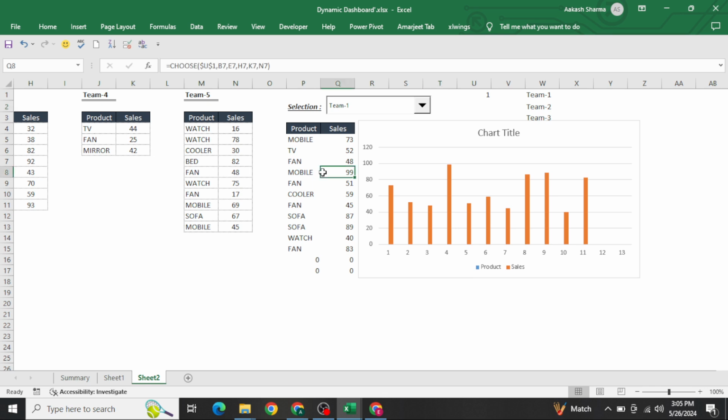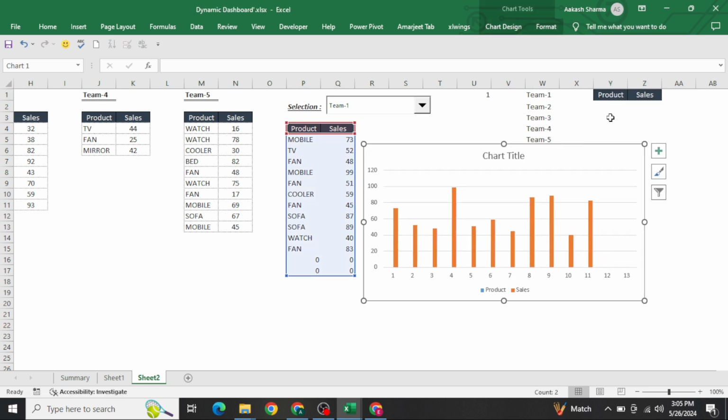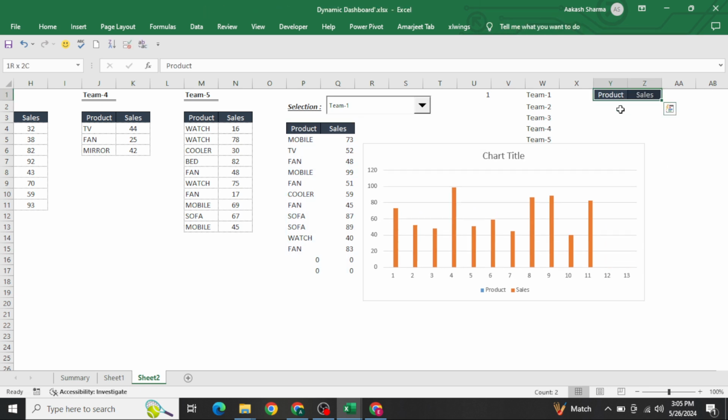Before that, we need to create the dynamic range through offset. So I just copied the header and pasted it in Y1 and Z1. You need to write here equal to offset first. In the offset, instead of selecting the header, you need to select the data from where it actually starts. So I'm selecting F5